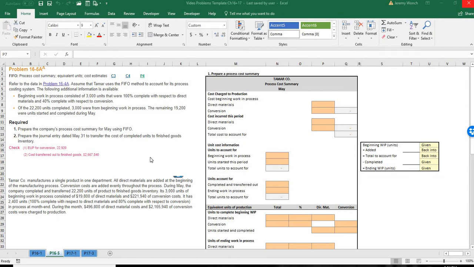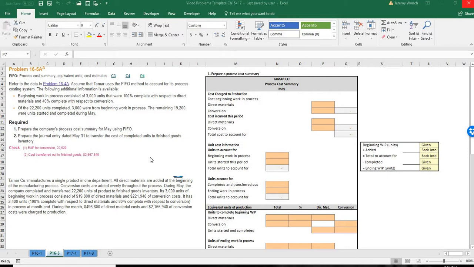So now we're on to problem 16-5, and now we're going to get into talking about equivalent units. What equivalent units are is, in a process cost system, you have this continuous process. It's probably a 24-hour-a-day, 7-day-a-week system. And so what we're going to do is, when we get to the end of the month,